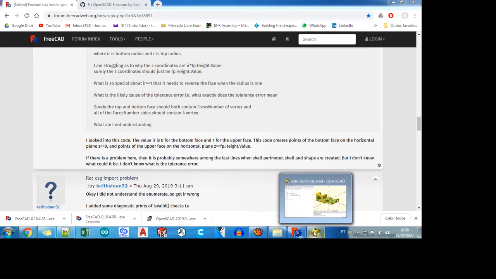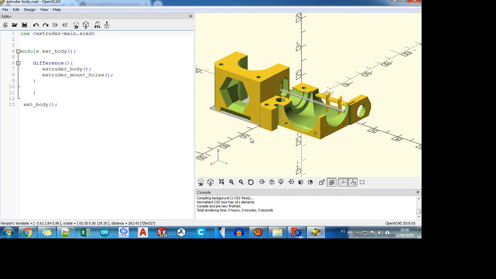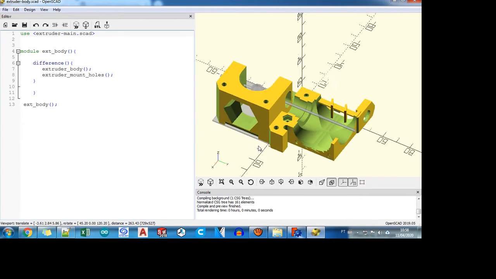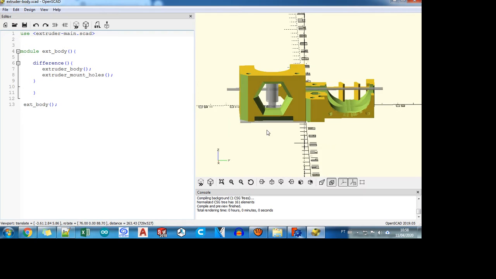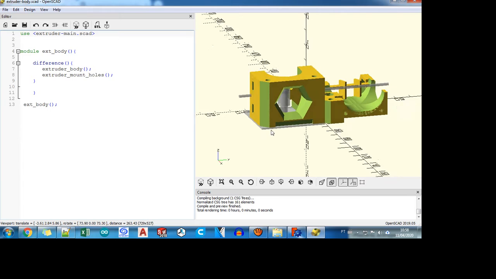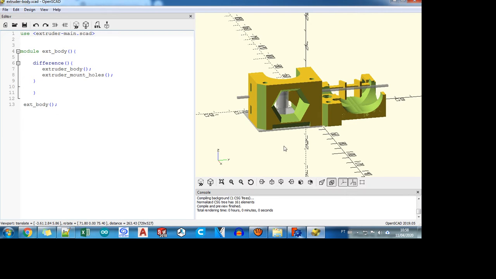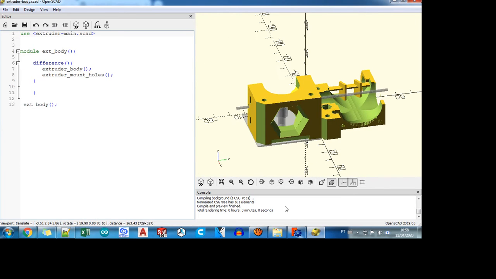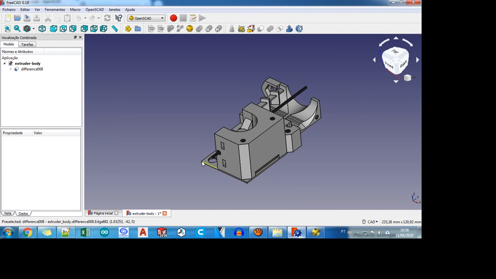Hello. So I was facing the following problem as I was trying to import SCAD files in FreeCAD. This is the mod I was trying to import. It is the extruder body from Prusa Mark III i2. So as you can see, it's the standard model. It has a window, and I was trying to import it on FreeCAD and I was not getting it